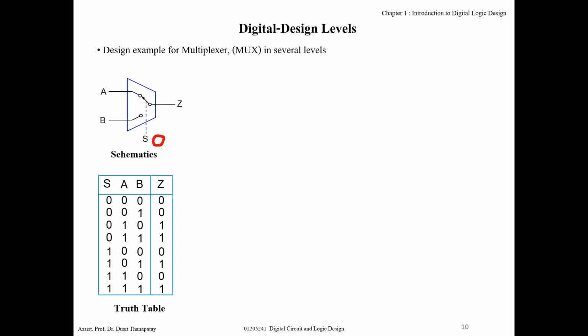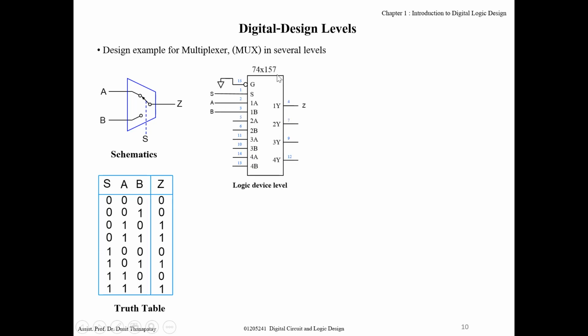For example, if S is 0, output Z will be the same as A, right? 0, 0, 1, 1, 0, 0, 1, 1, same as A. But if S is 1, data from B will go to the output. If B is 0, output is 0. If B is 1, output is 1. So this kind of circuit is called a multiplexer or MUX. To represent this, you can draw this truth table,